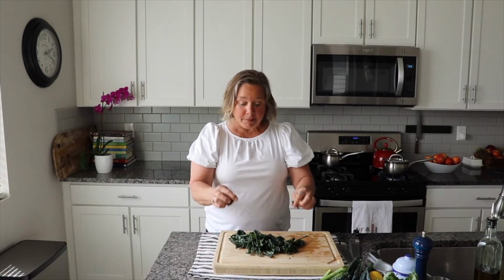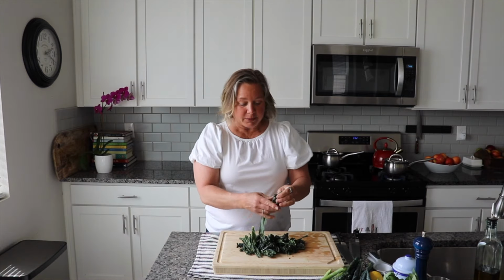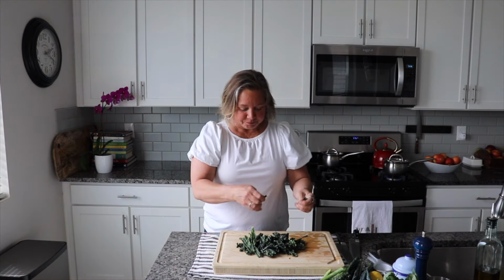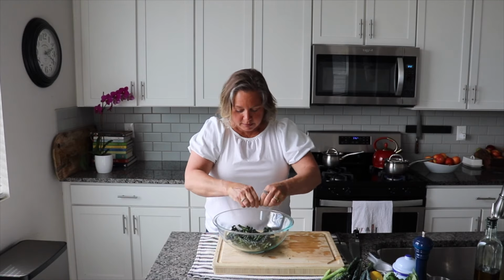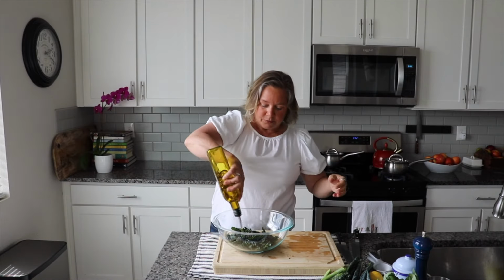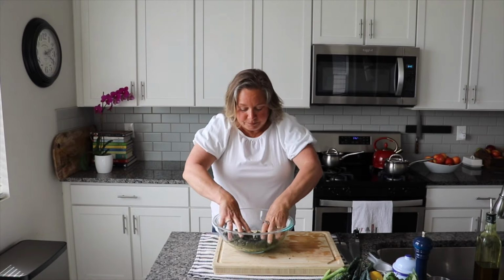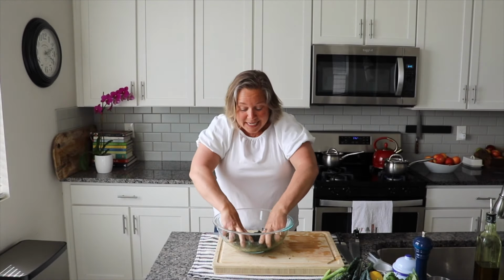It needs fiber to make everything work properly. So we're gonna start adding more and more fiber to our menu every day. So I've got the kale in here. I've got it broken up into pretty good sized small pieces. And then I'm going to add a little olive oil and just get this kind of started in the pre-cooking